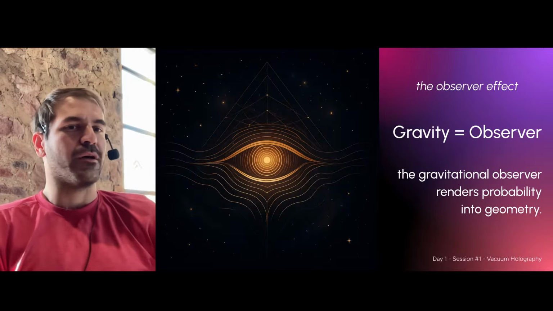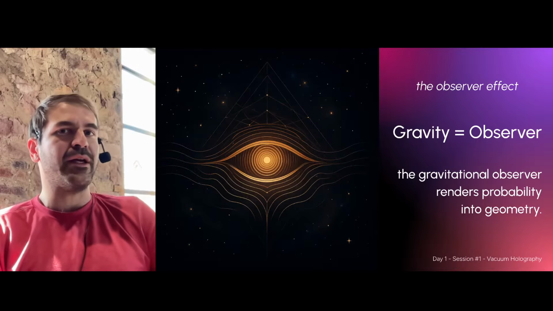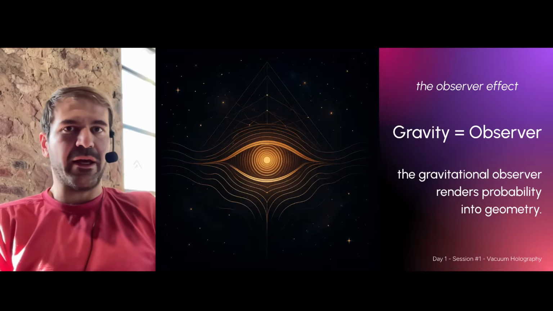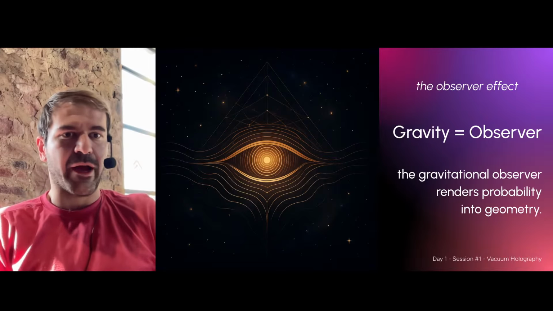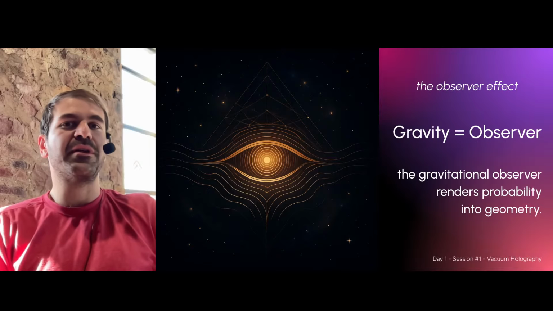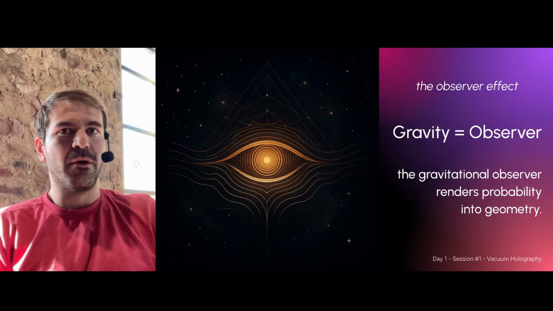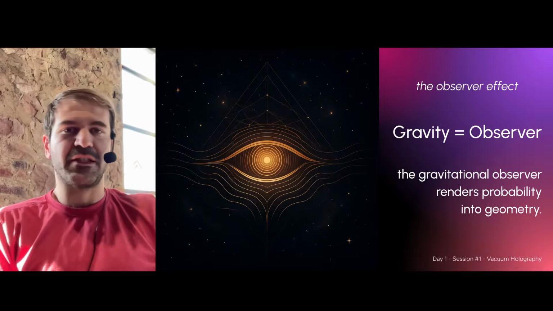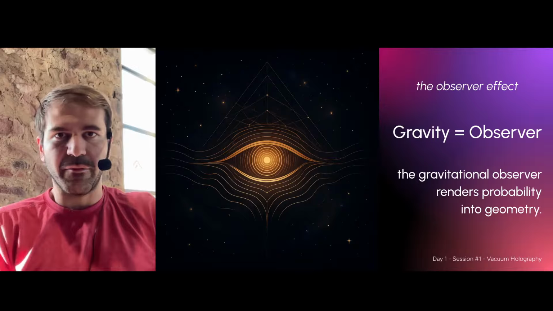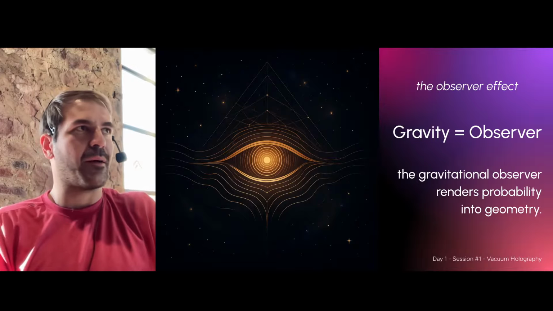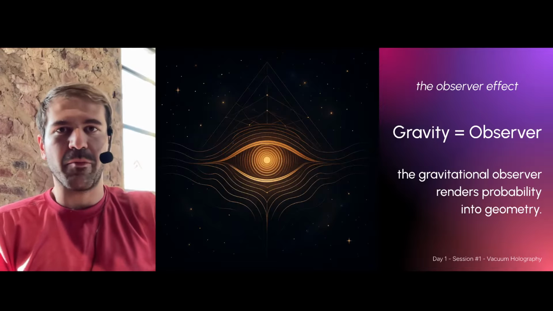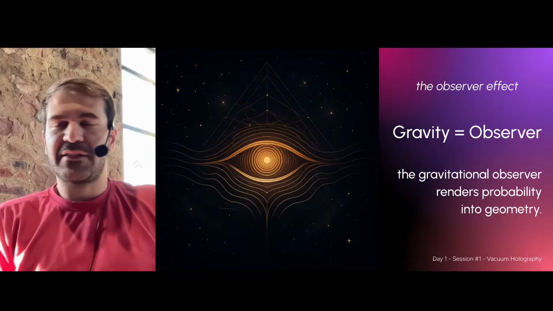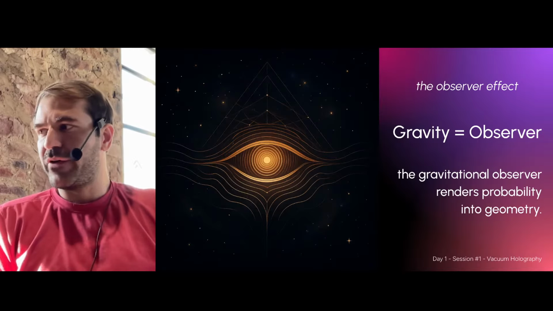So the gravitational observer renders probability into geometry. What your current rendering is, is a geometric hologram, which is rendered probabilistically out of infinite potential by your will and choice. Like we've said, 60% chance that you're going to eat spaghetti and meatballs tonight, 20% chance you eat lobster. Great. So you're going to eat spaghetti and meatballs. Simple stuff, right? So that's the observer effect. Moving on,